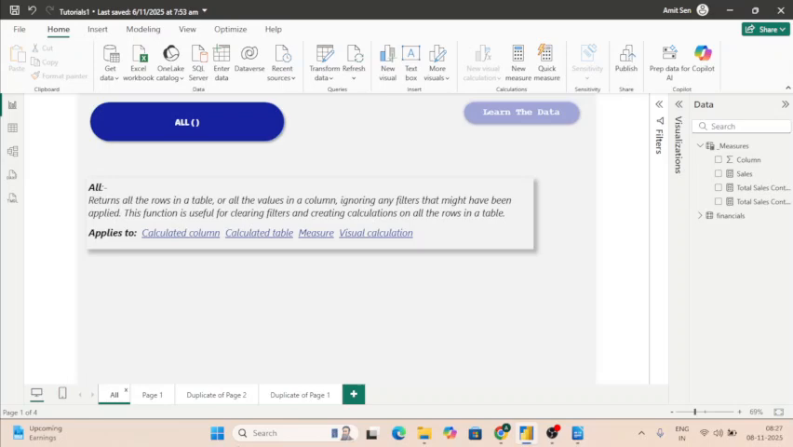Our today's topic is ALL. This is the DAX which is used many times while preparing Power BI reports. ALL is a DAX function which is not used standalone. It must be used along with some context-level function like CALCULATE or an iterator-level function like SUMX,